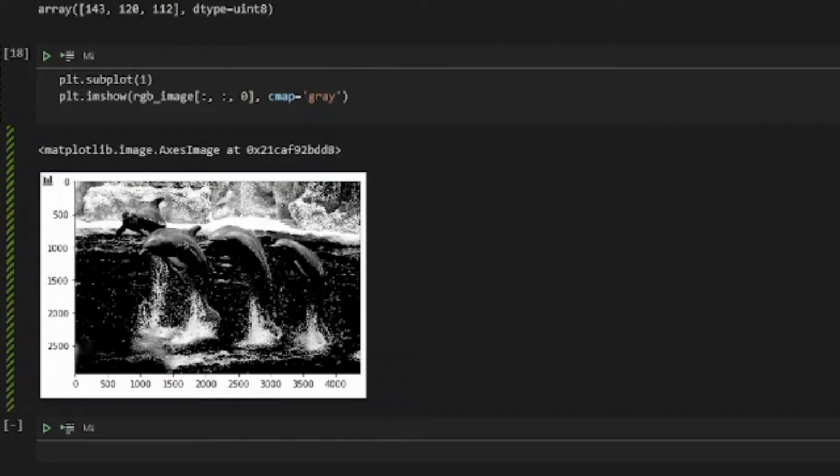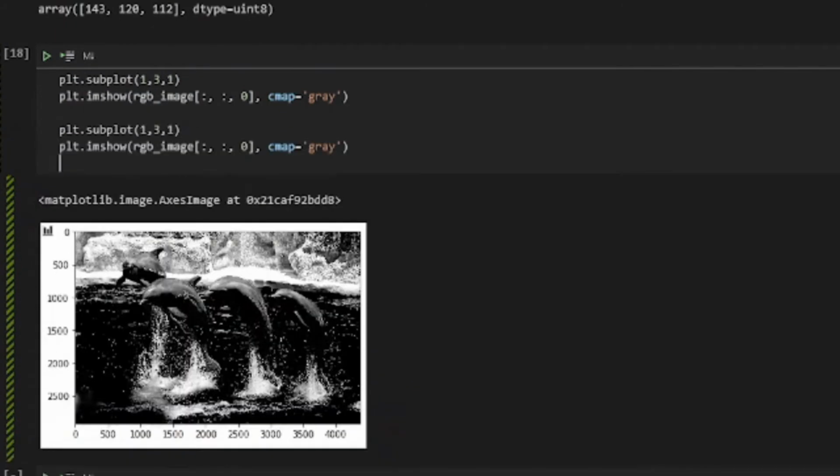So 1, 3 columns, and this is my first image. The first 2 numbers represent the number of rows and the number of columns you want in the visualization, then the first image. Now I'm copying this, duplicating it,